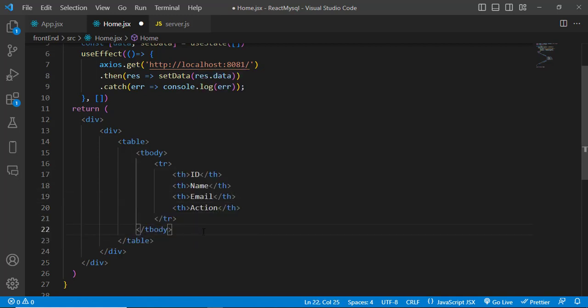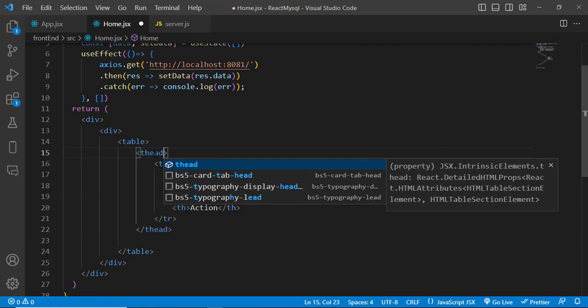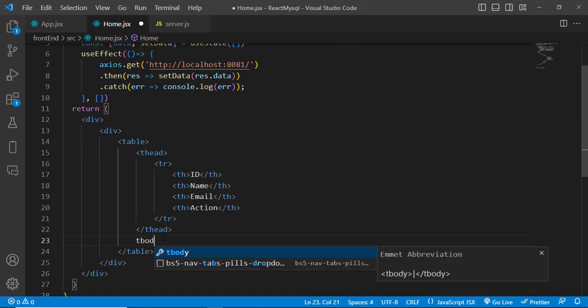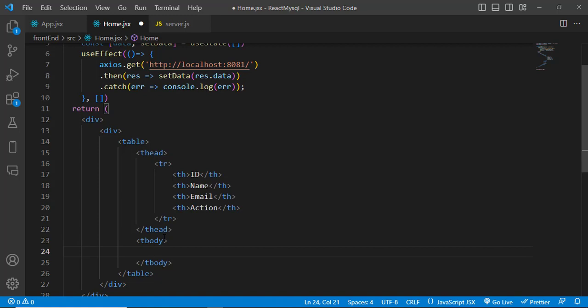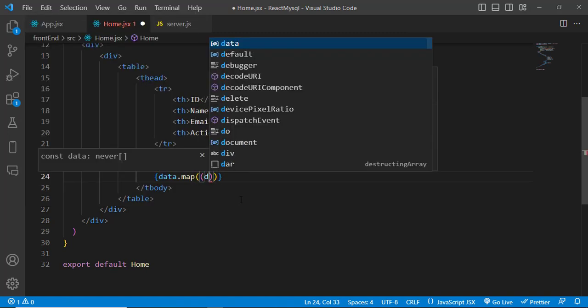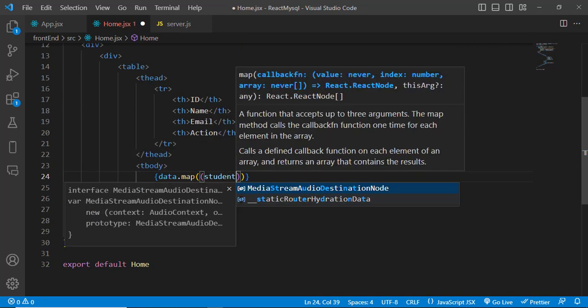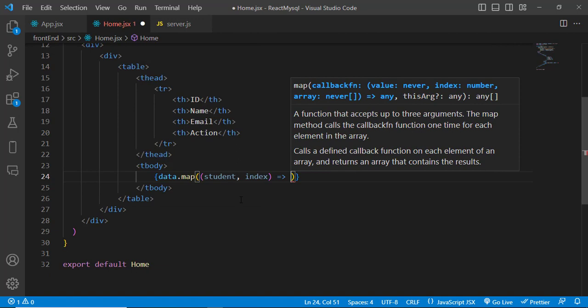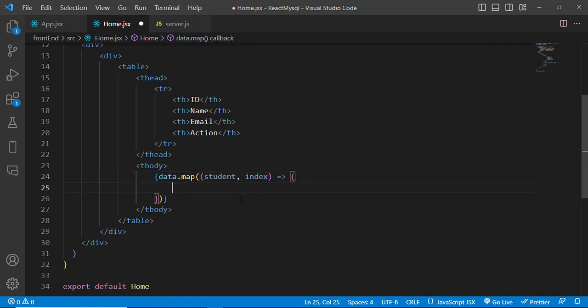Yes, so now let's, it was th, sorry, create tbody here. Inside that, now we will use this data variable that we have created. So let's use curly braces and data.map. We will use the map function, and inside this we will get each student object of data. The index is provided by default with the map function, and inside that we will return